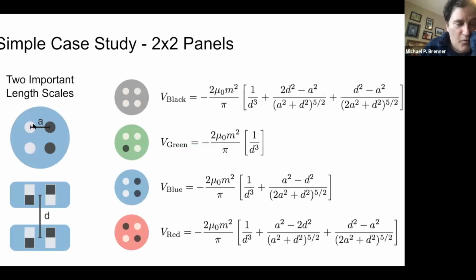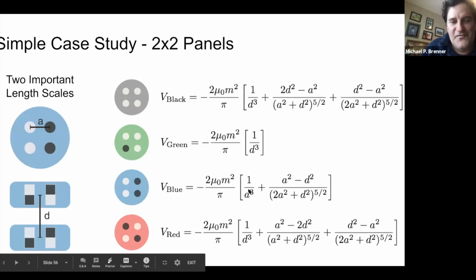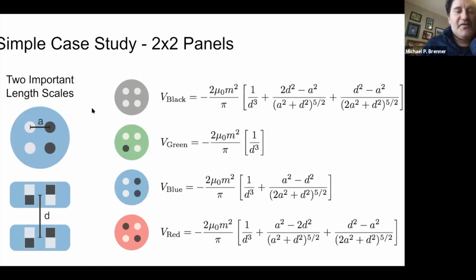So this is just making the point that if you start thinking about this, we're now going to build stickers. So you could imagine 4 faces. These are 4 different types of panels with the dipoles up or down. You can write down the formulas for the interaction potentials with these dipoles. If you let A be the distance between subsequent dipoles, and D the center to center distance of these 2 things when they touch,